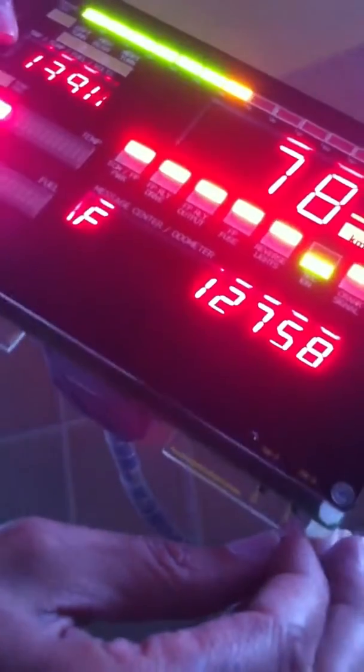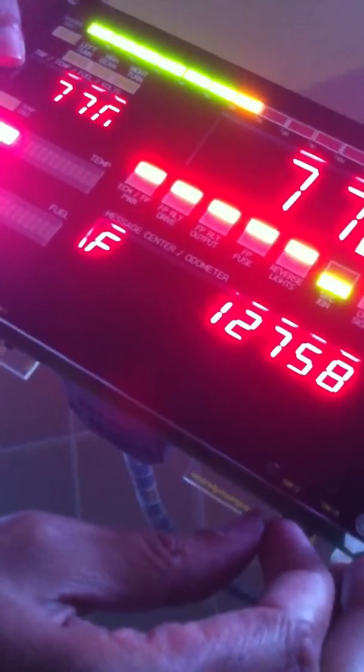These 2 switches here, switch 2 and switch 3, change the function of this display. If both of these switches are off, that is to the left, it's a trip meter display. If switch number 2 is switched to the right, it's a fuel gauge display, displaying the fuel in gallons or in litres, depending on the options. Push that off again. If the right-hand switch, switch number 3, is in the on position, it's a temperature gauge, displaying temperature in Fahrenheit or centigrade. If both of these switches are in the on position, then it's indicating the supply voltage to the unit, in this case 13.8 volts. So, this display here: a voltage gauge, a temperature gauge, a fuel gauge, or a trip